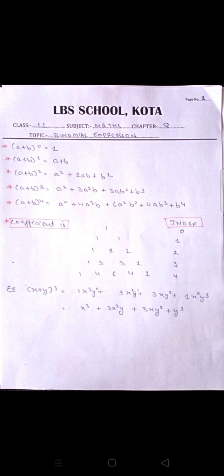We are comparing the coefficients with the index, that is, the index is 3 in the expression x plus y to the power 3, and for index 3 the coefficients are 1, 3, 3 and 1. The x terms are in decreasing nature, that is x to the power 3, which is the maximum power, then x square, then x to the power 0, and the y terms are in increasing nature, first y to the power 0, again y to the power 1, y to the power 2 and y to the power 3. So the final answer will be x cube plus 3x square y plus 3xy square plus y cube.